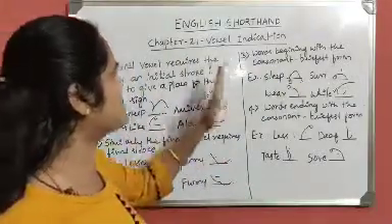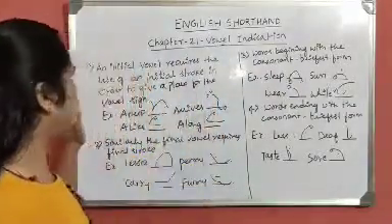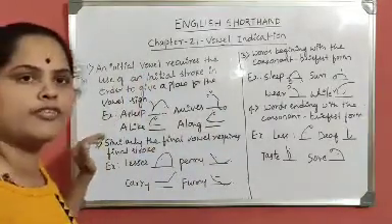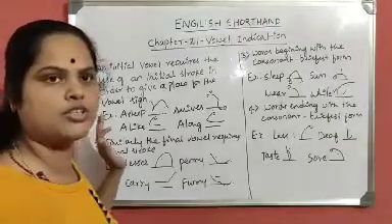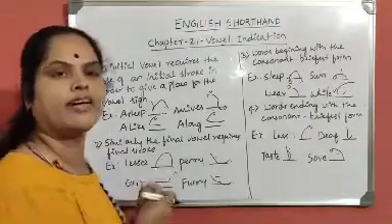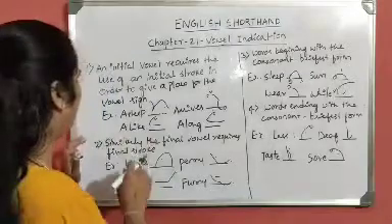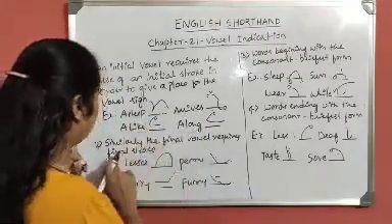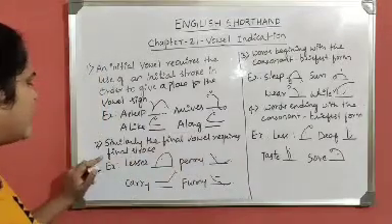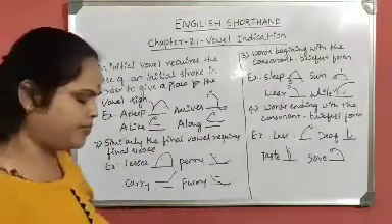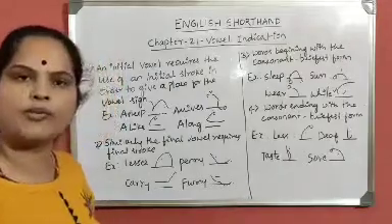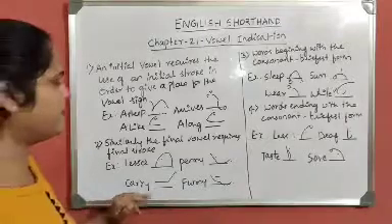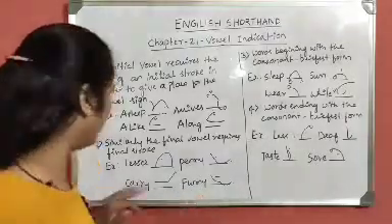This is about oval indication. When a stroke is preceded by an oval, we have to write the full form of the stroke, the first initial stroke, so that we can give a place for marking the oval. Example: asleep, arrives, alike, along. Then similarly, the final oval requires a final stroke. When the stroke is followed by an oval, we have to write the full stroke, the final stroke, to give place for marking the oval.